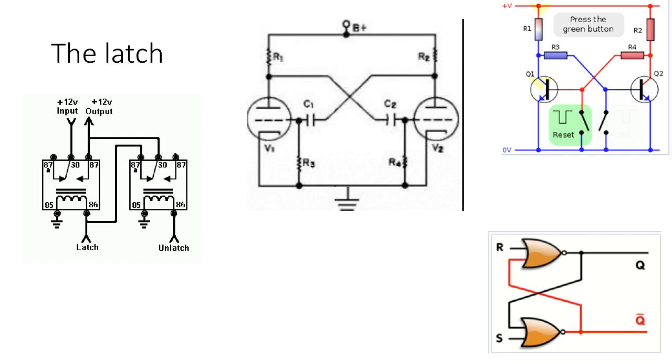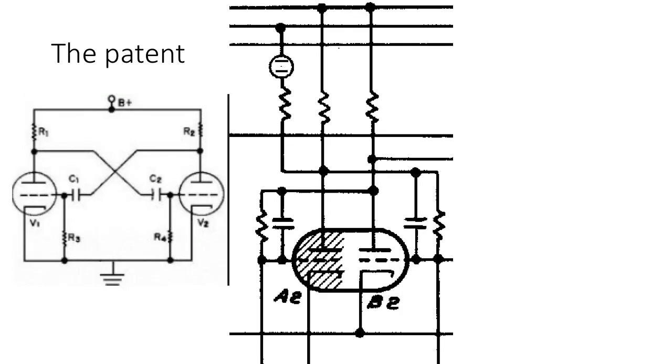But implementation's important, and one of the things that we see in the patent is that the two different triodes here on the left are combined into a single envelope called the dual triode system. The dual triode, which is commonly available in the 40s, can be implemented with a single glass envelope, and it can have its own filament for each one of its